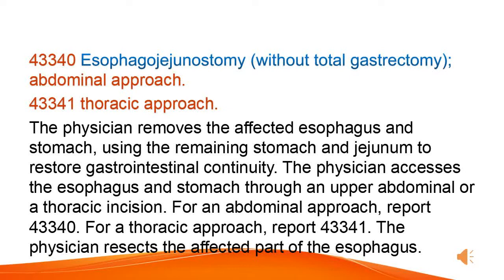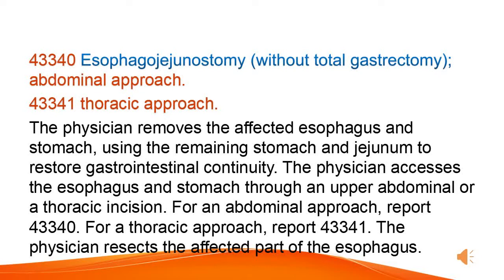Esophagojejunostomy, without total gastrectomy, abdominal approach. Thoracic approach. The physician removes the affected esophagus and stomach, using the remaining stomach and jejunum to restore gastrointestinal continuity. The physician accesses the esophagus and stomach through an upper abdominal or a thoracic incision. For an abdominal approach, report 43340. For a thoracic approach, report